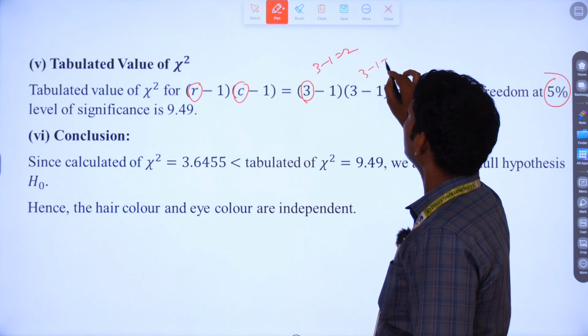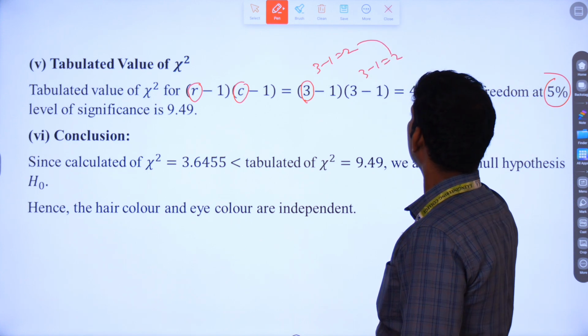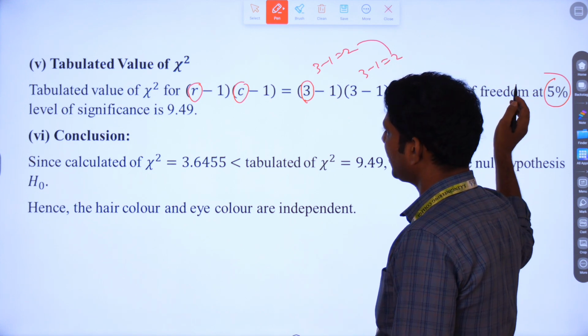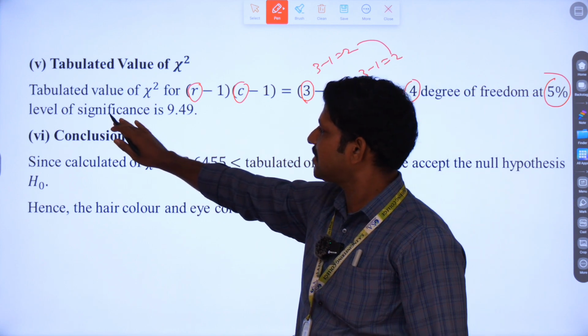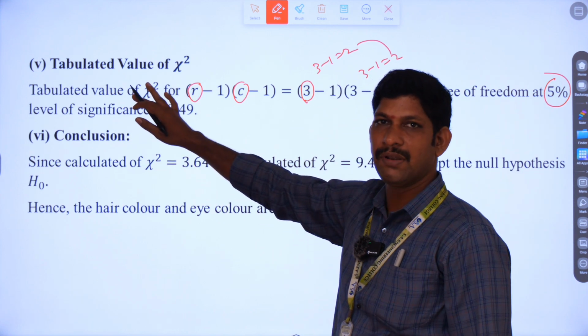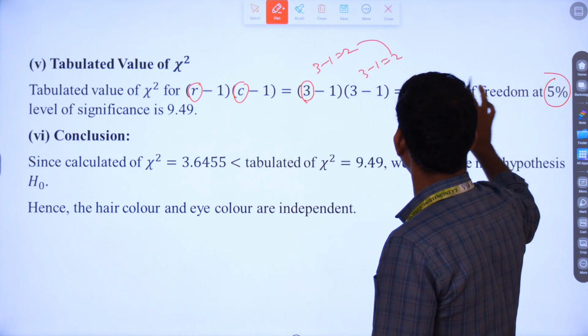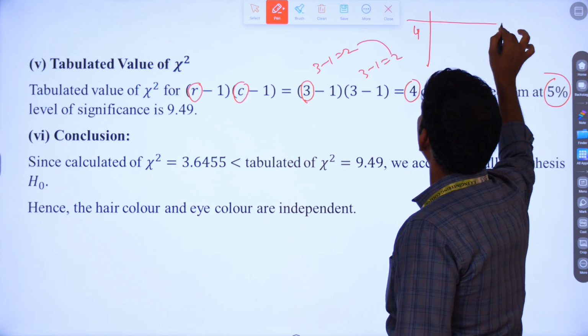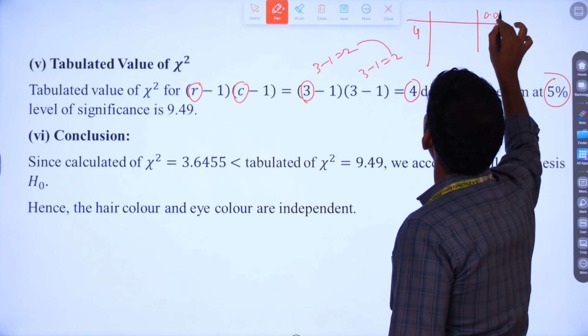Again 3 minus 1 becomes 2. 2 into 2 becomes 4, which is nothing but 4 degrees of freedom at 5% significance. I already showed the table. If you check the fourth column for this degrees of freedom, at 0.05,